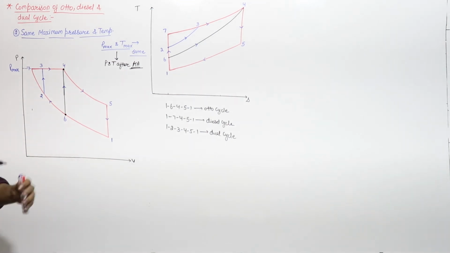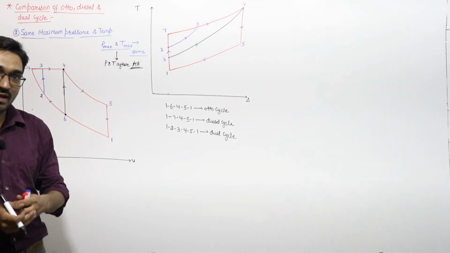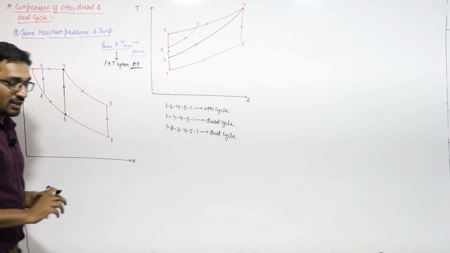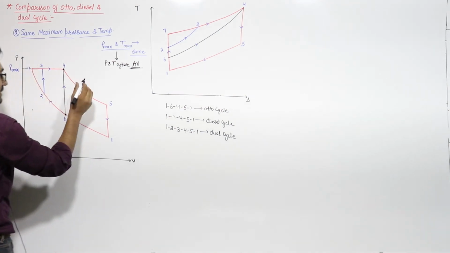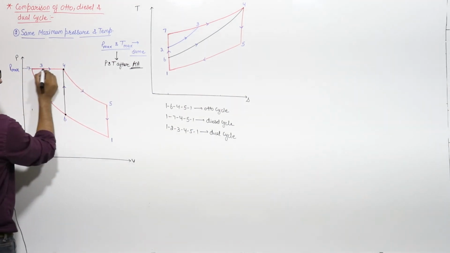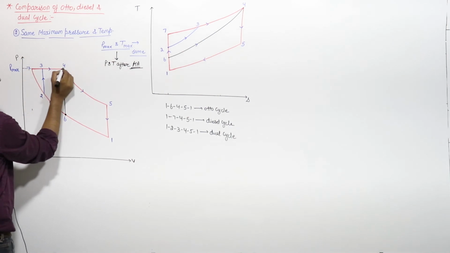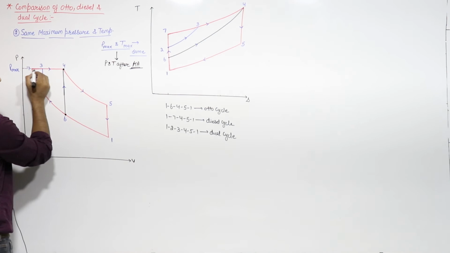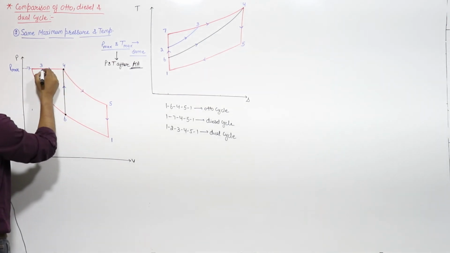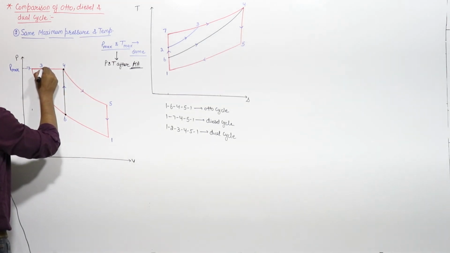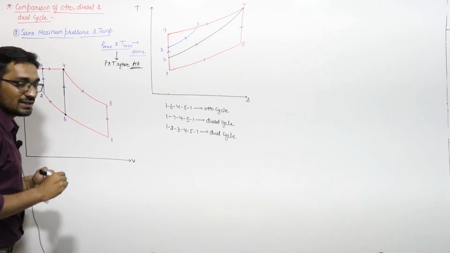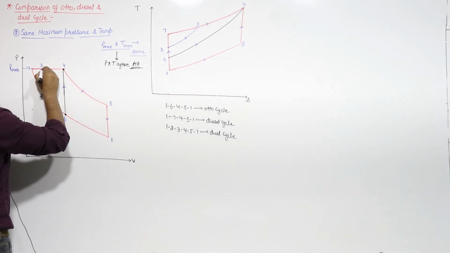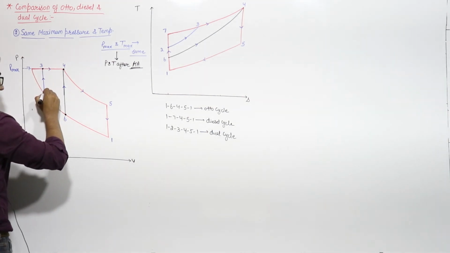So this is the common sense of how to draw these diagrams. Now you want to draw the dual cycle. In the dual cycle we have heat addition at constant volume plus heat addition at constant pressure. So heat addition at constant pressure means that the heat addition will be along this line. In the dual cycle, the constant pressure heat addition line will be this one only, because the maximum pressure will be the same. So suppose from here the heat addition at constant pressure will start. So heat addition at constant volume will be somewhat like this. Draw a straight line at constant volume.